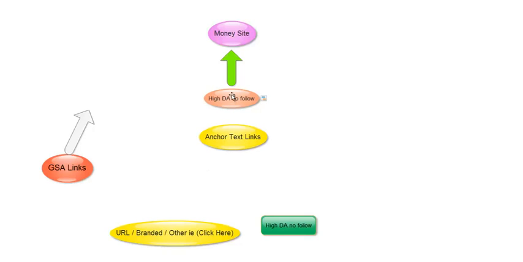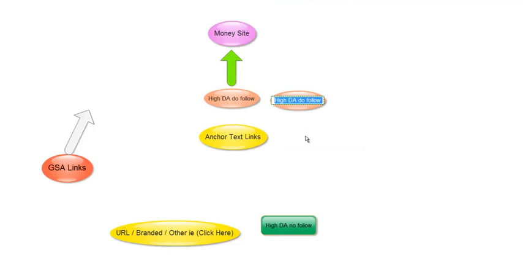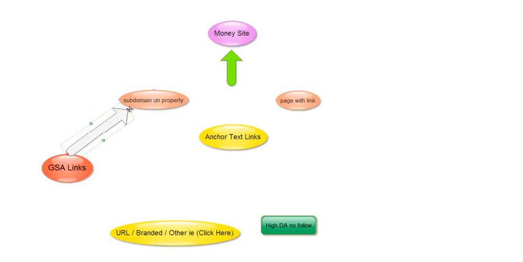So a good example: when should I use this? Let's say I did a do follow link, but I still want to get as much juice through there. One thing you could do is create a sub page. For instance, on some of the 2.0 sites, you can create a page on there. You'd have your page with your link, and then this would be your subdomain property. Within the navigation itself, the link juice, I would send GSA to this